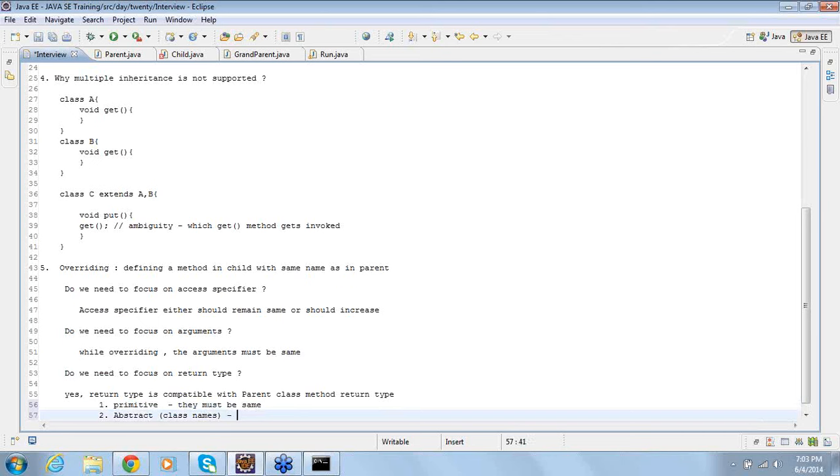When it comes to class names, the return type must be the same, or it can be child classes of the parent return type.